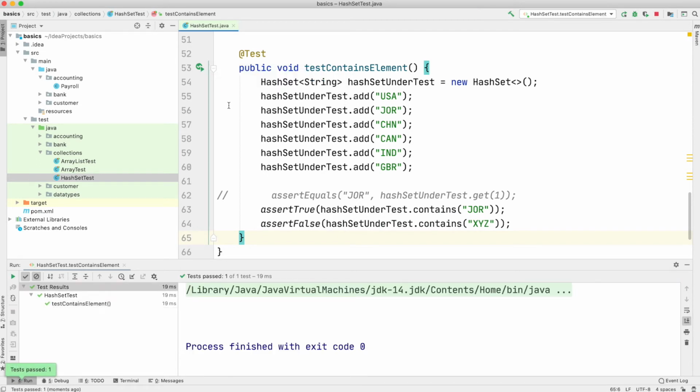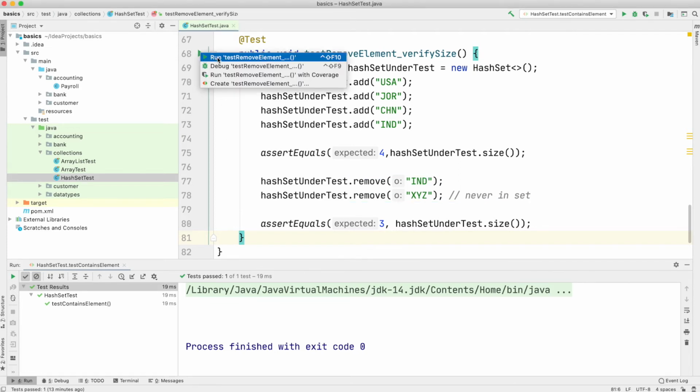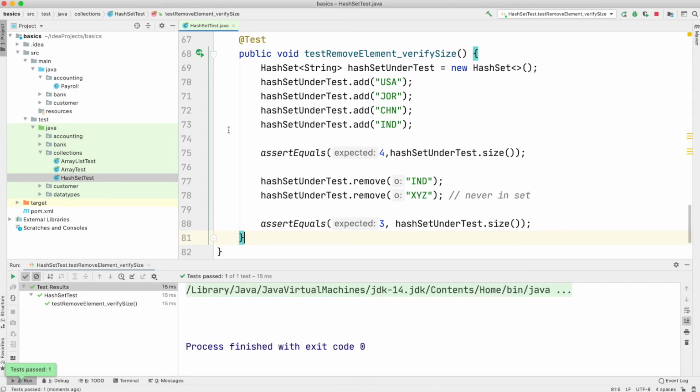And it passes. Here is a test that shows how to remove an element from a set. The .remove method will remove an element from the set. Also, notice we will try to remove an element that is not a part of the set. Let's run this test. And it passes. There was no compiler error, there's no runtime error for the index that we tried to remove